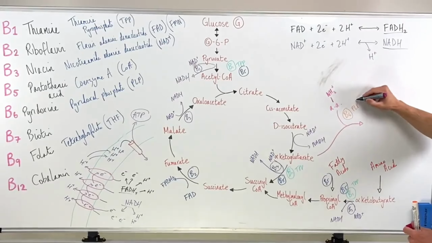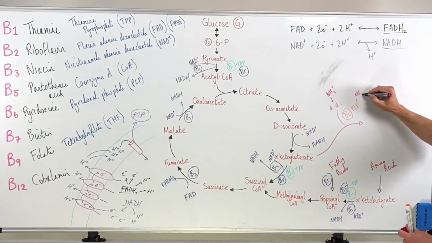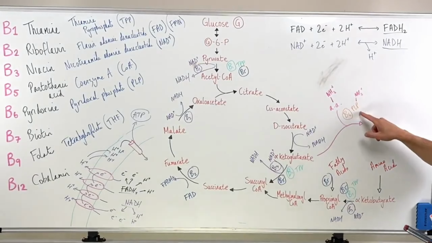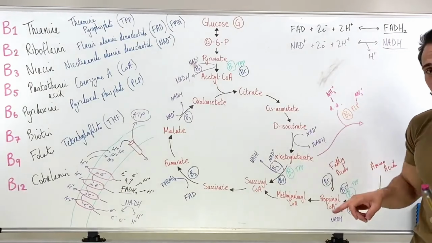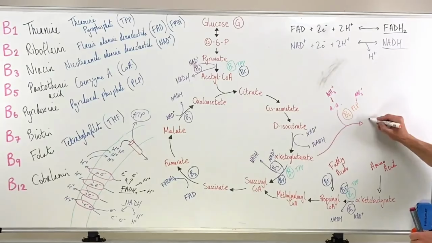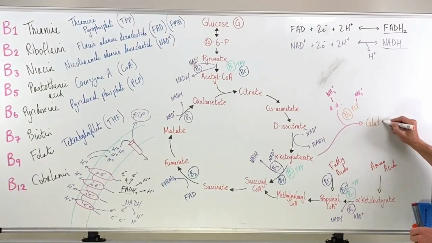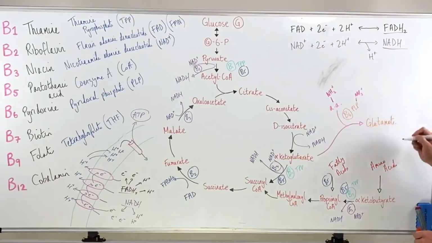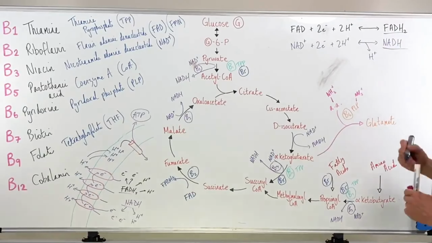It takes that amine group, gives it to PLP, and what it can do is it can produce from alpha-ketoglutarate something really important called glutamate. And as a byproduct in this process,